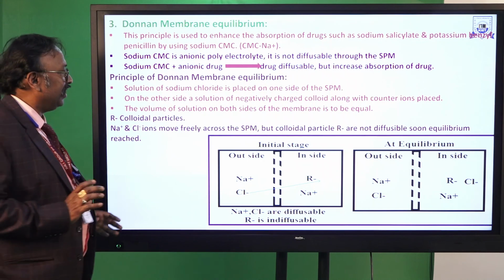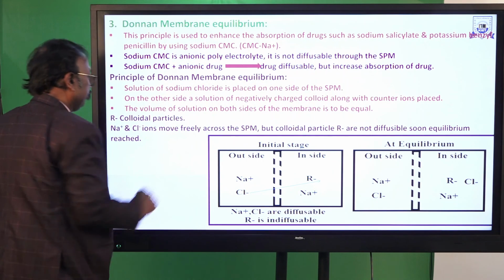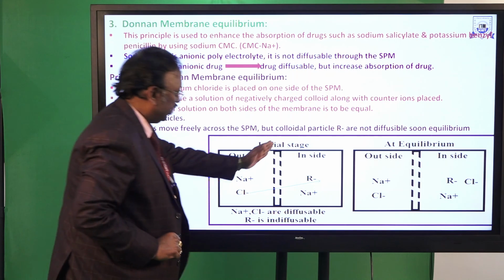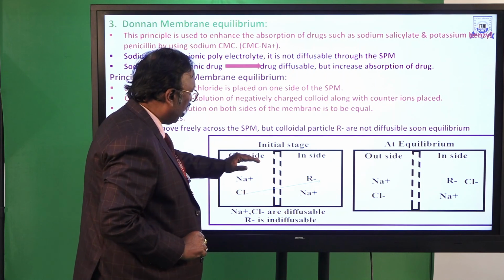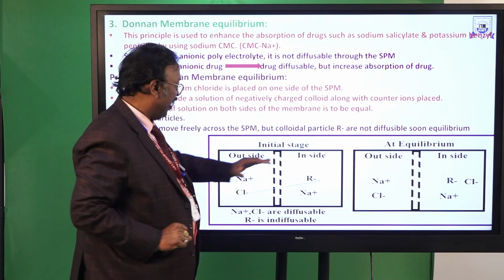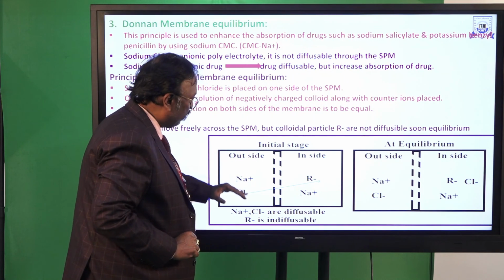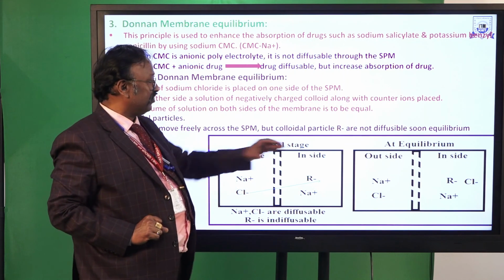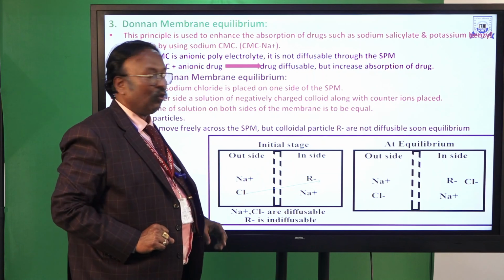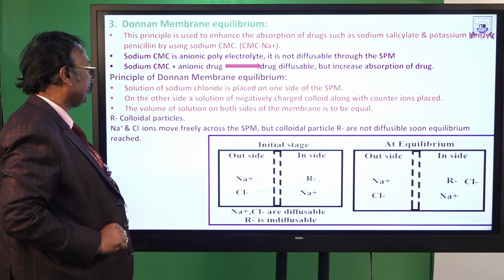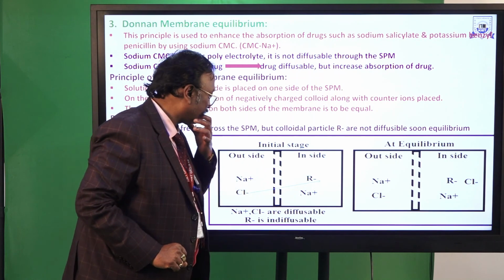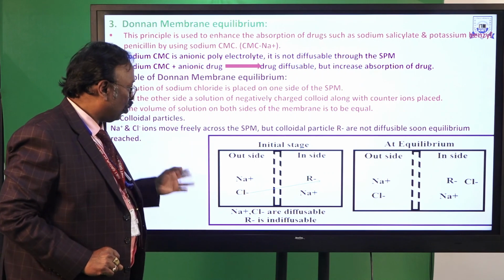For example, at the initial stage, this is the semi-permeable membrane, outside and inside. Outside, sodium chloride ions are present; inside, R minus is the colloidal particle with sodium ions. Sodium and chloride ions are